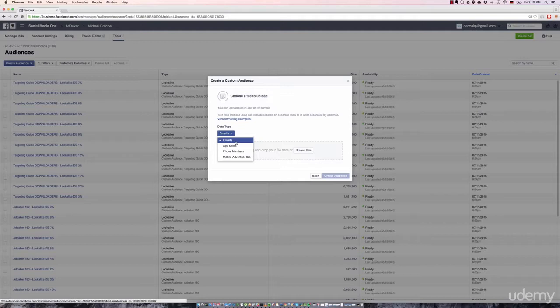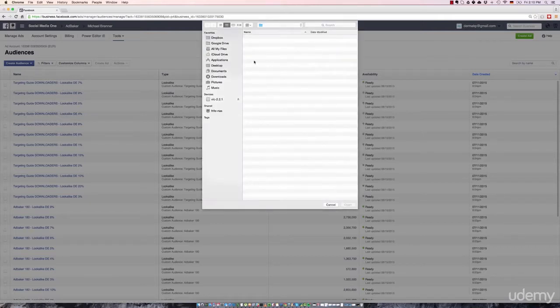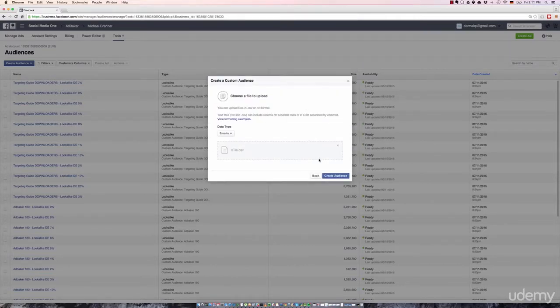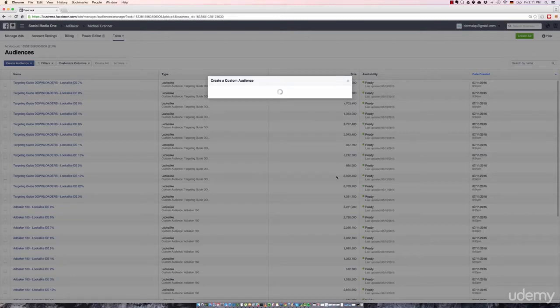So just go to your autoresponder and download a file with the emails from your customers. Download it as a CSV file. That is something you can select. And then just go ahead, click on upload the file, select the file, and click on create audience.